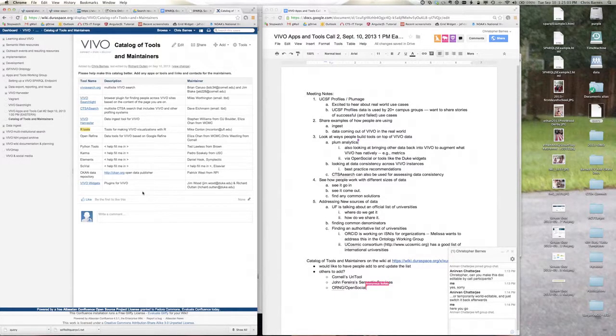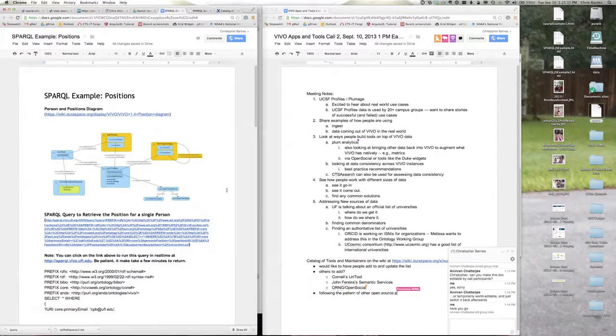The next thing I wanted to show you was an idea that we talked about last time, and Nicholas Rejak here at the University of Florida helped me. One of the things that we thought would be helpful for new outside tool developers would be examples of SPARQL queries. I know for a fact today, I struggled with this example while Nicholas was helping me. So I wanted to create a template for making examples so that we could share them with the entire community and have them grow over time.